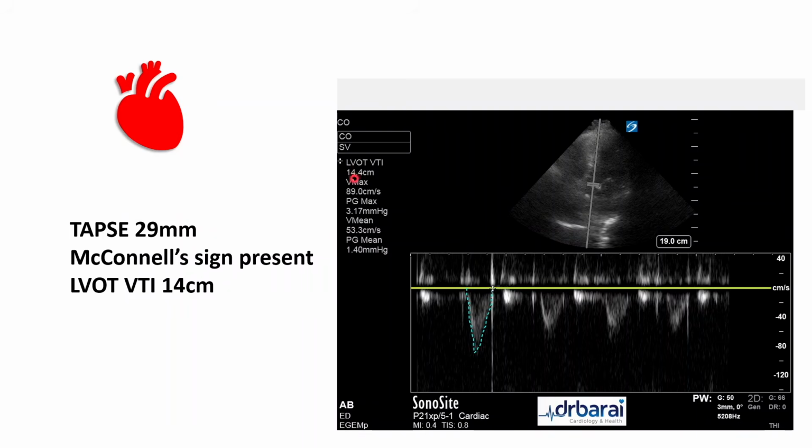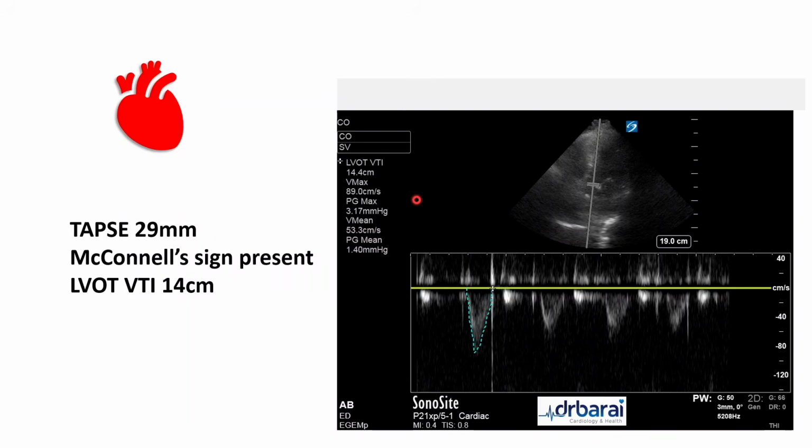In this particular patient the LVOT VTI is 14.4 centimeter, well below the baseline. As I mentioned, the normal LVOT VTI is 18 to 22 centimeter. So here we have got 14.4 centimeter. Is it important? Of course it is important, because this person is telling us that the left ventricular contraction effectiveness